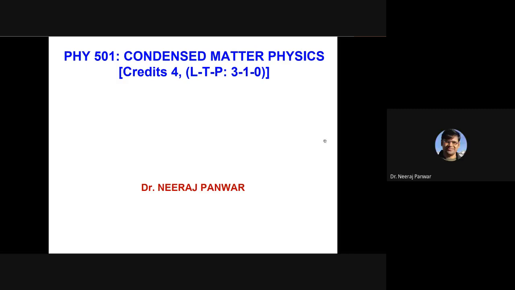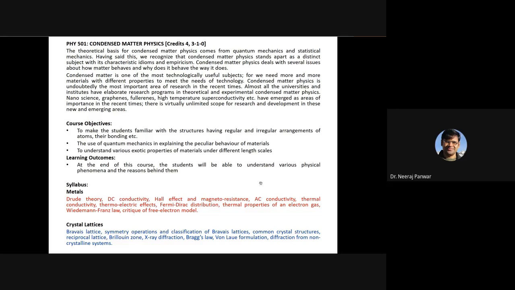Okay, so welcome to one of the classes of the condensed matter physics course. As you know, so far we have discussed the different properties of metals, and in the previous classes we discussed the heat capacity of solids and three models that describe it. One was Dulong-Petit's law, a classical law to describe the heat capacity of solids.